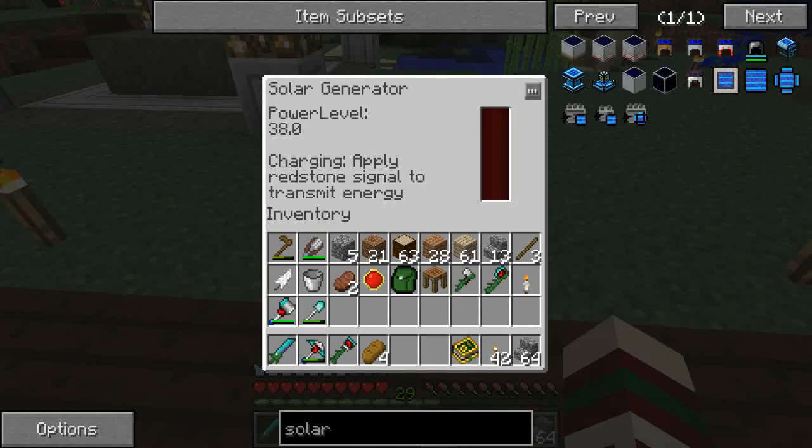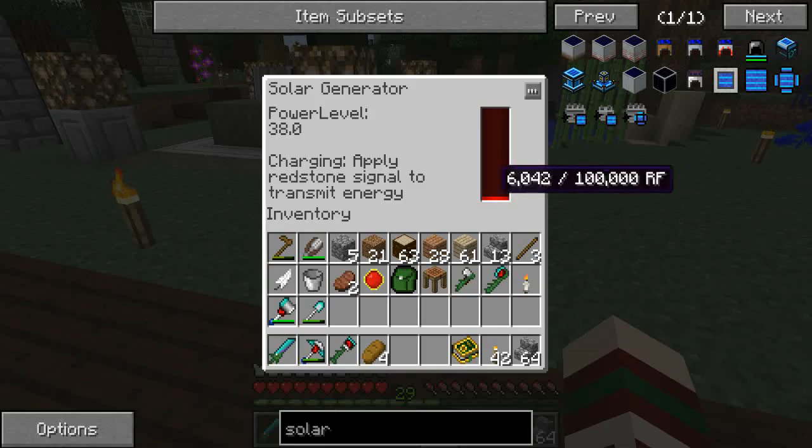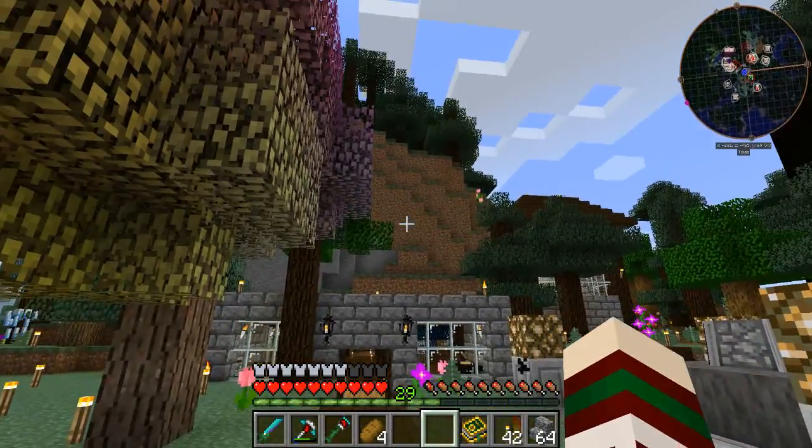So charging. Apply redstone energy to transmit energy. So it holds 100,000 RF. So that's really cool. So if I just leave this here, this should... Yeah, it just charges. Okay, that's cool. So what I might have to do is put it...